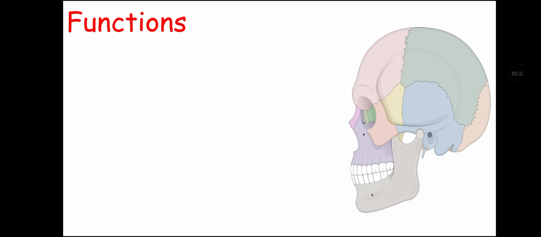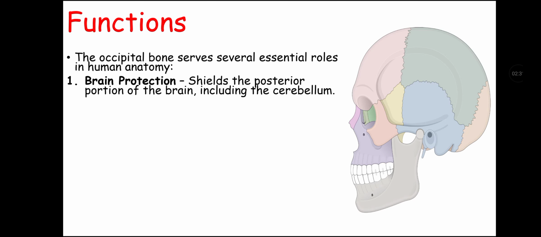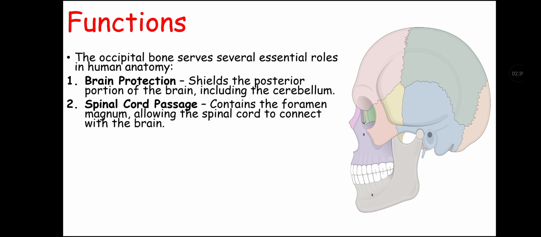Now let's talk about the functions of occipital bone. Occipital bones serve as several essential roles in human anatomy. It includes brain protection, that it basically shields the posterior portion of brain, including the cerebellum, and that's how it protects the brain. Second function is spinal cord passage, as it contains the foramen magnum that allows spinal cord to